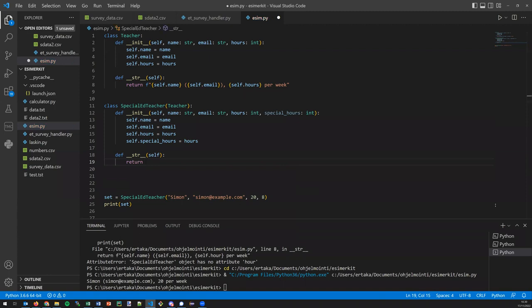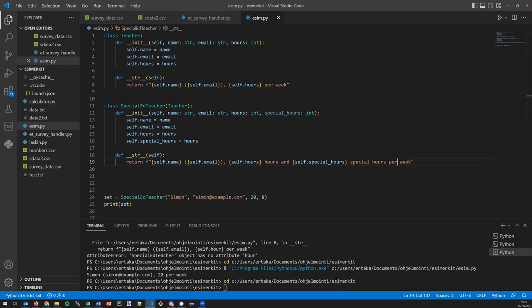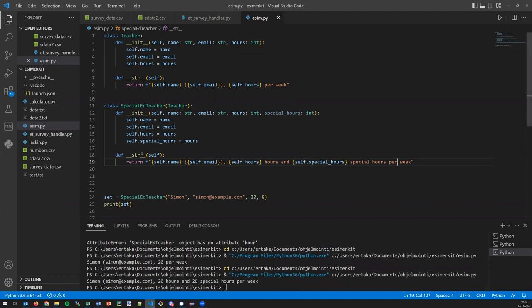so we can, well, let's do this one. Again, I'm copying and pasting something, so there needs to be a better method, and there is, but we're going to talk about that in a minute. Something like this. So now when we execute it again, we can now see that it uses the str method defined